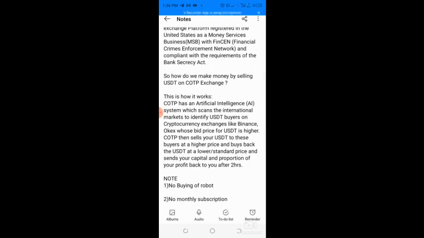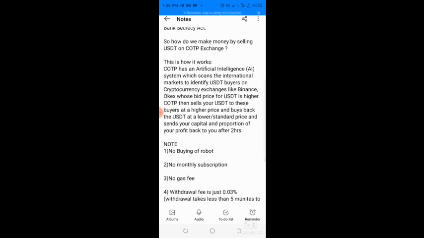COTP then sells your USDT to these buyers at a higher price, buys back the USDT at the lower standard price, and sends your capital and a proportion of your profit back to you after 2 hours. It means every transaction takes about 2 hours to complete. So in 2 hours, you get your profit and your capital back, and you can do this over and over again in a day.